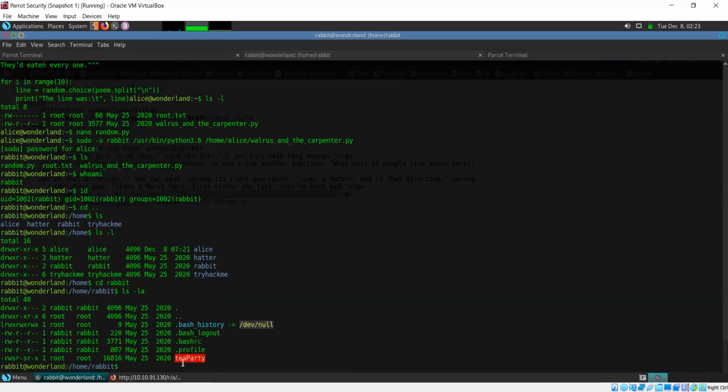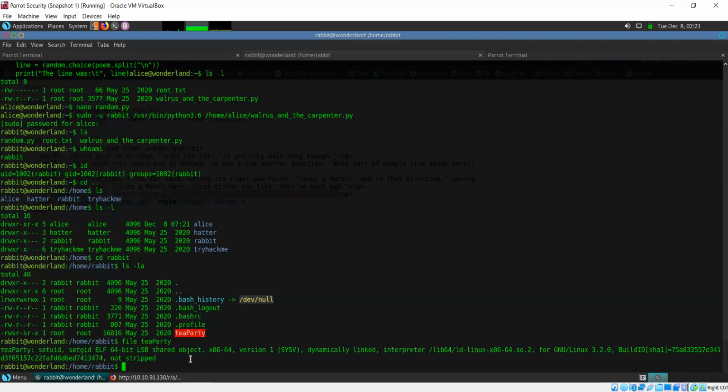Okay, so there is this executable file. Okay, it's a file. We don't know whether it's an executable. ELF. Okay, so it's an executable file, and okay, it has the set UID bit set.